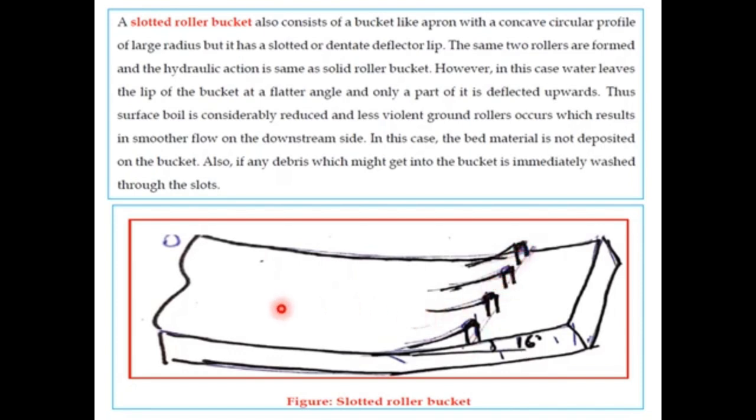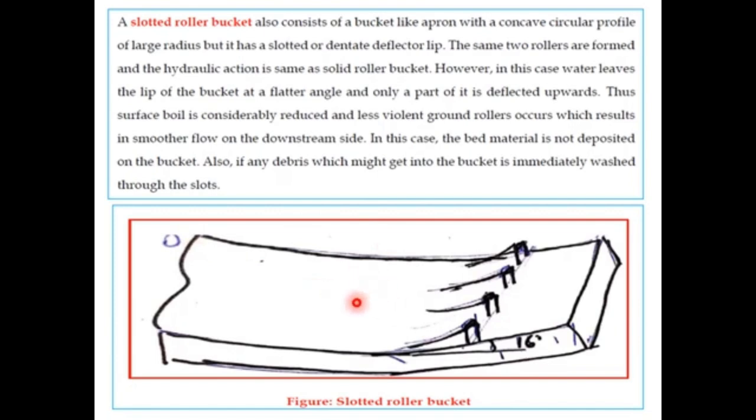The same two rollers are formed: one moving in the anticlockwise direction known as the bucket roller, and the other on the downstream moving in the clockwise direction, known as the ground roller. Again the intermingling action of the bucket rollers as well as the ground rollers with the incoming jet will cause the dissipation of